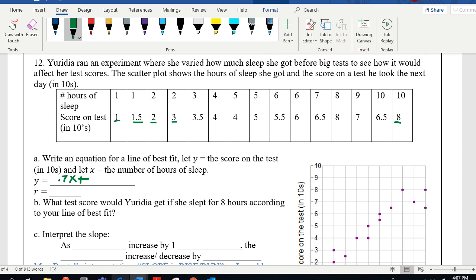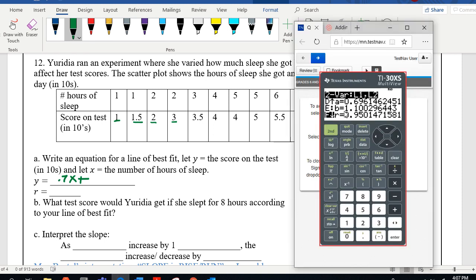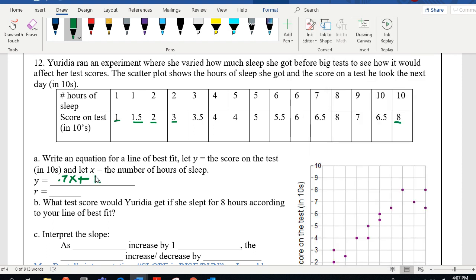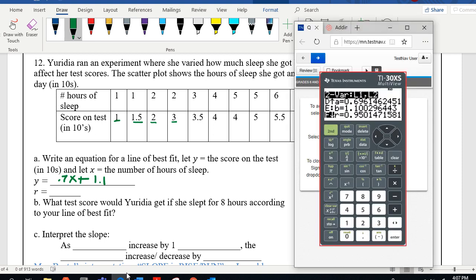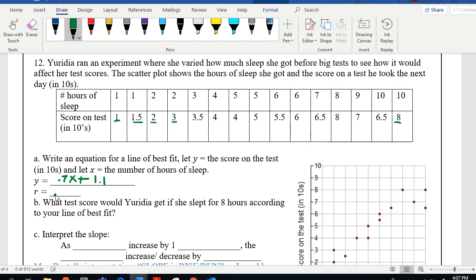plus, okay, I need that again because I need to see what the B was. B is 1.1, and R, that's pretty important as well. R is 0.95. I'm going to include 0.95. Now the fact that this R is positive goes back to the fact that the slope here is also